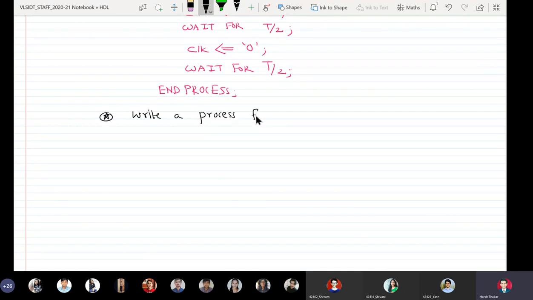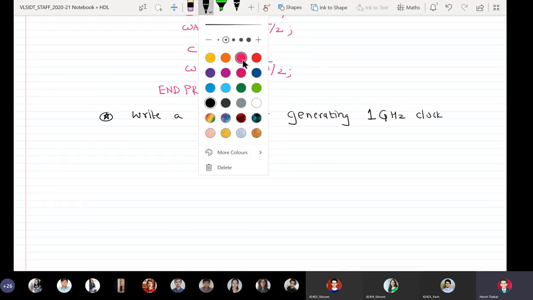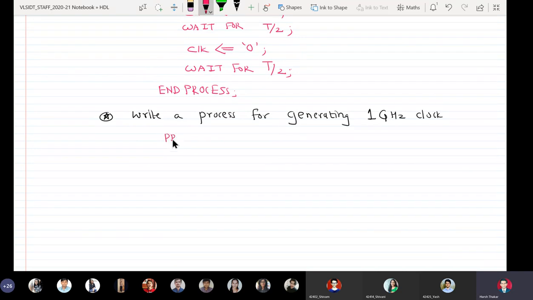What I will do is direct like this, I need not define the constant T. I will say process, no sensitivity list, begin, and you know that for this frequency T is equal to 1 nanosecond.